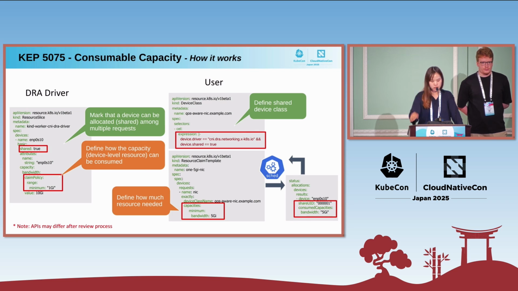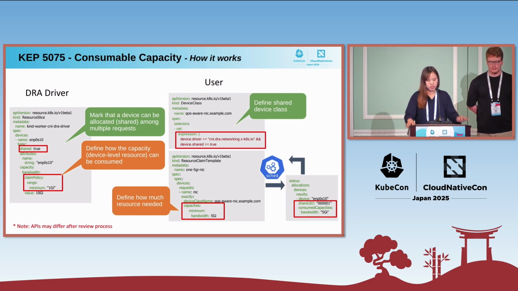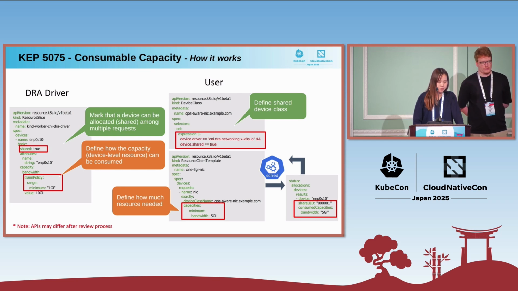So that is the part that we have to add. And in the status as well, after we make allocations, there are two fields added. One is saying how much capacity is allocated to this sharing, and also if it's shared with the other request. So how do we differentiate it from the other request? This is a share ID that Lionel mentioned previously in the status. So this is what we propose to change in this KEP.